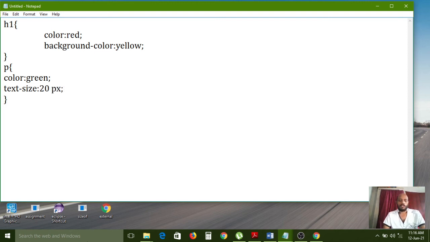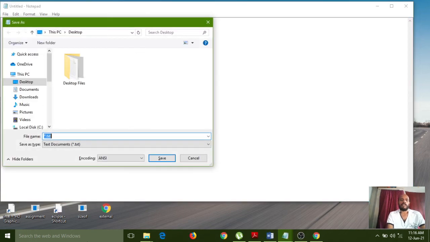Now I have completed this one, and background-color equal to sky blue. Okay, sky blue color I applied. So now I have created styles for the h1 element and for the paragraph element.